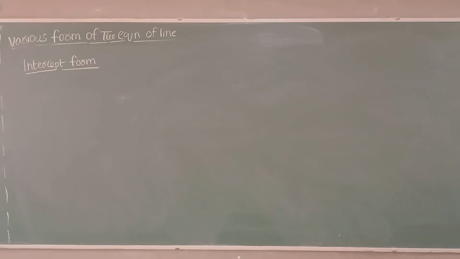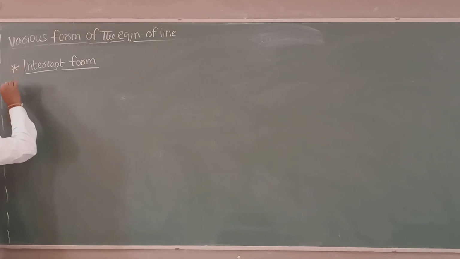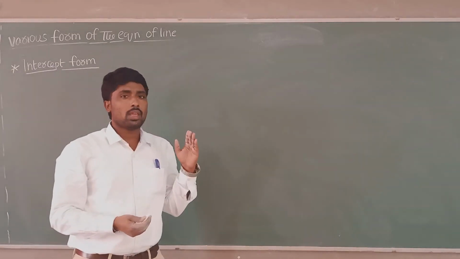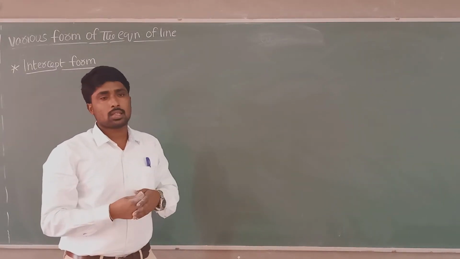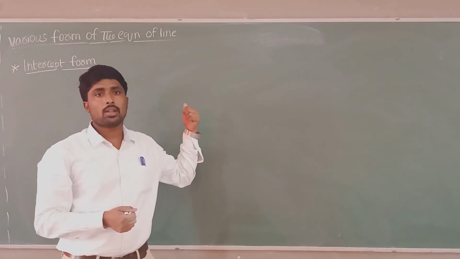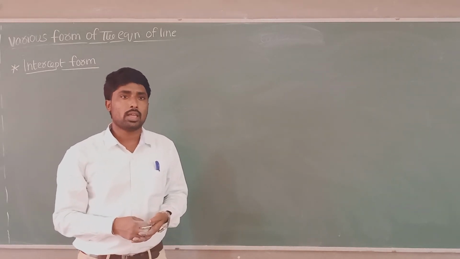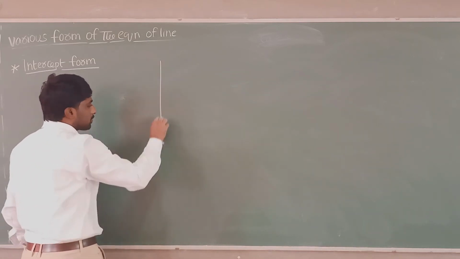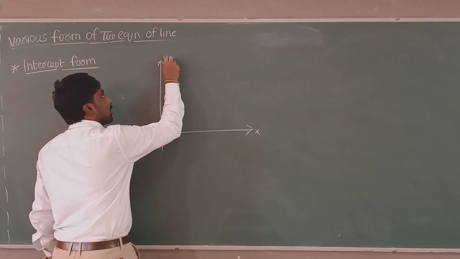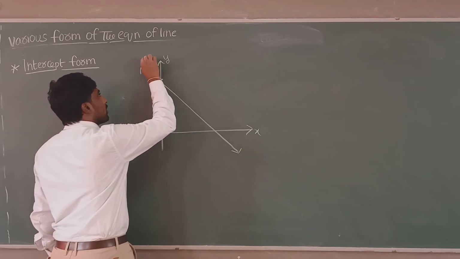Now you see here the next form of a straight line, the intercept form of a straight line. The difference between the previous formula and this formula is that previously it made an intercept only with the y axis, or only with the x axis, but the intercept form of a straight line means it makes intercepts with both the x axis and the y axis. Is it clear everyone? So let me draw the diagram here. The y axis and the x axis I am taking. Let me take a non-vertical line, denoted by capital L.